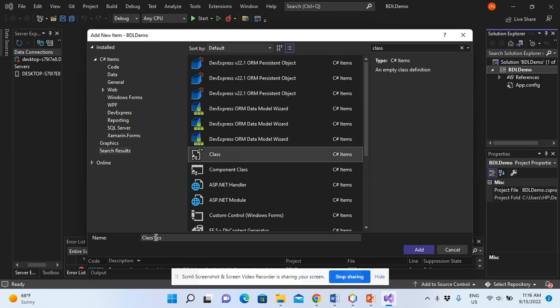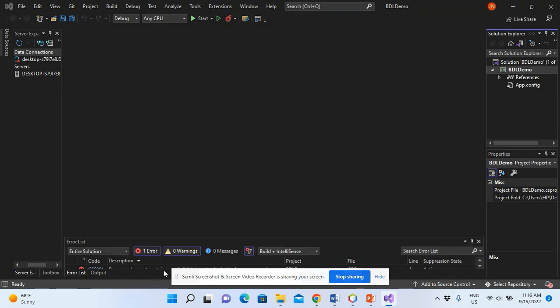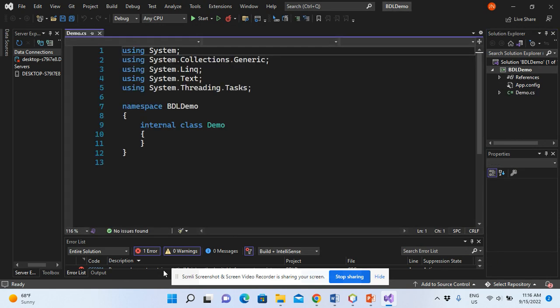But what we want is a class, which is this one. So you select this class and then you give it a name. Don't remove the extension, it still has to be .cs. So you give this one a name. Let's say maybe the name of this class is demo. Okay. So after giving it a name, like in this case, the class has been